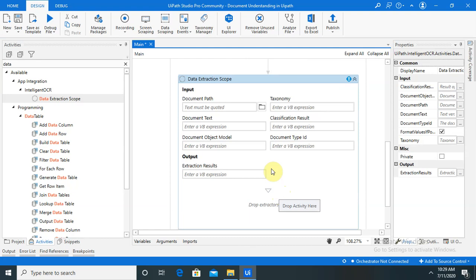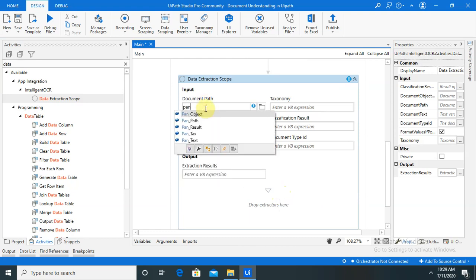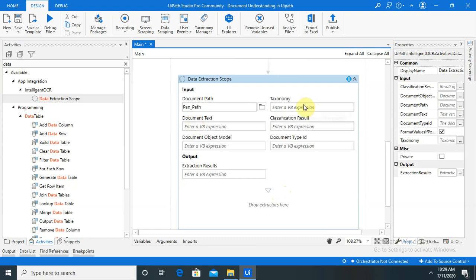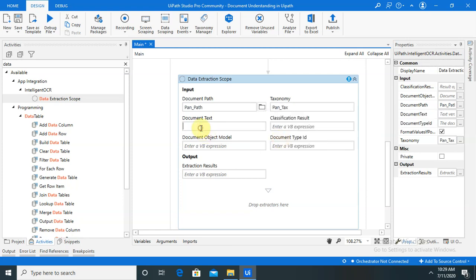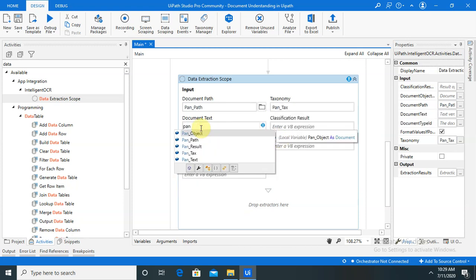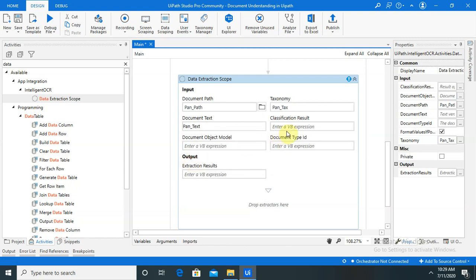The same process we need to follow in data extraction scope as well. Provide the PAN path, then enter the taxonomy value, PAN tax, next PAN text, then here we are going to use an array.